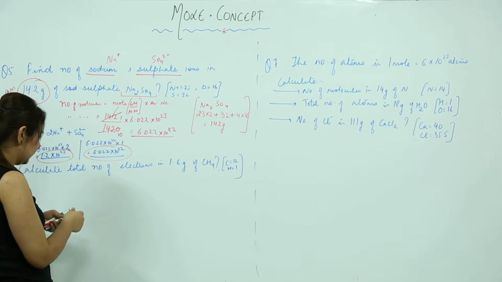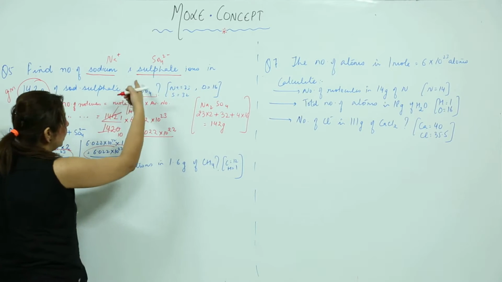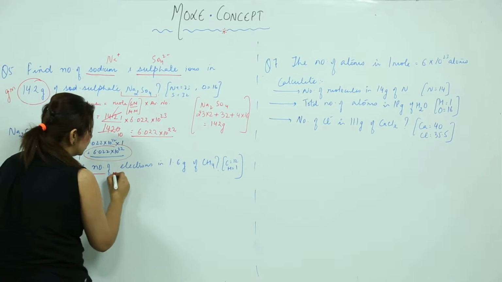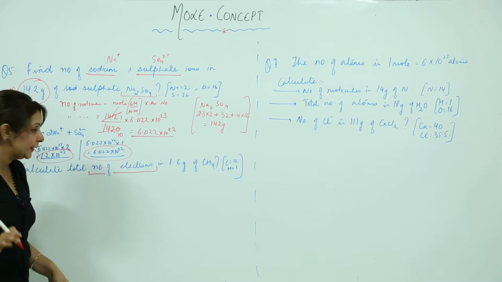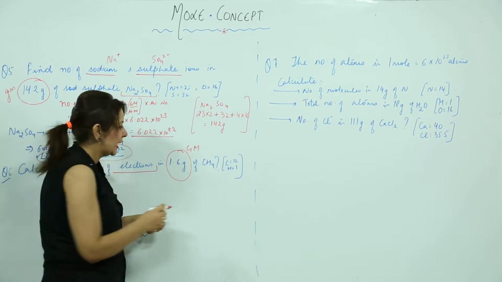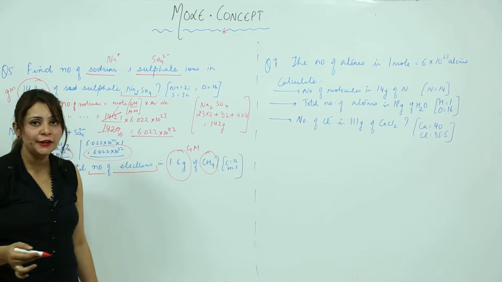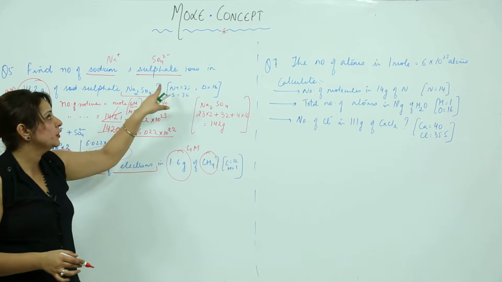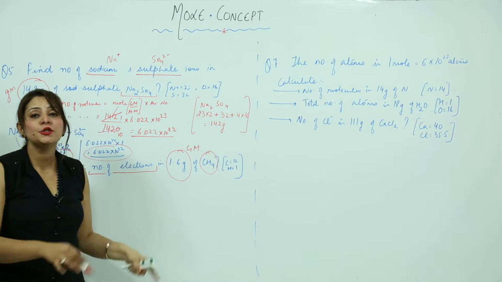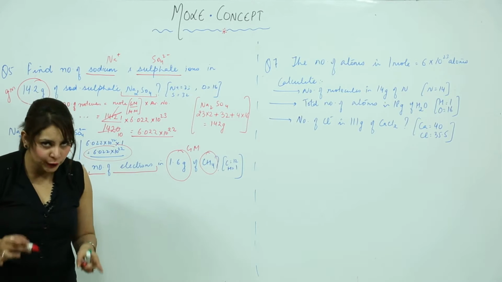Second question is, calculate the total number of electrons. Now here I was finding the number of ions, and here the question is asking to find the number of electrons present in 1.6 grams. So again it is a given mass, and this is my molecule. As you all know, first we need to find the number of molecules. The same question, see, there we were finding the number of ions, and here we wish to find the number of electrons. So whether we need to find the number of electrons or ions, the first thing is that we need to find the number of molecules present in it, right.